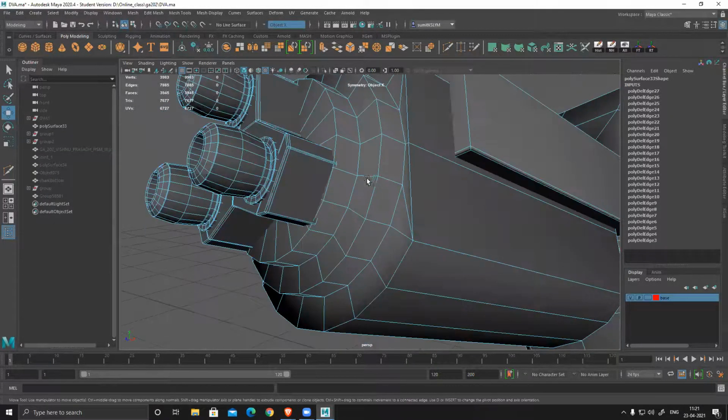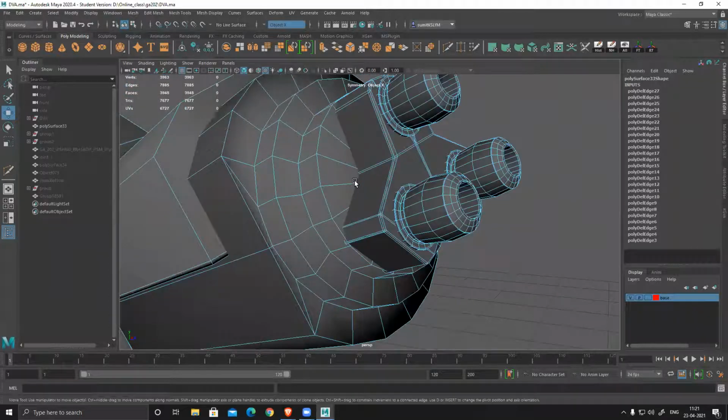That is something we'll fix once we bake it, and you will see it's perfect. Everything is perfectly clean, and we can see everything.